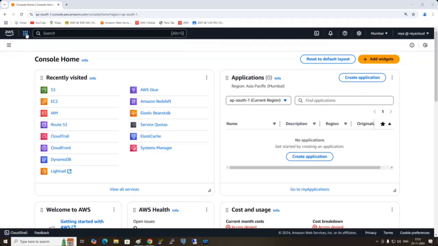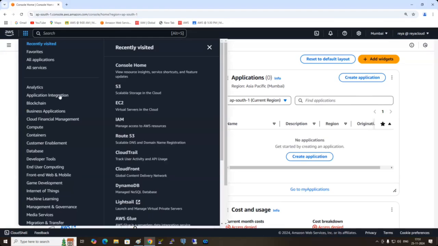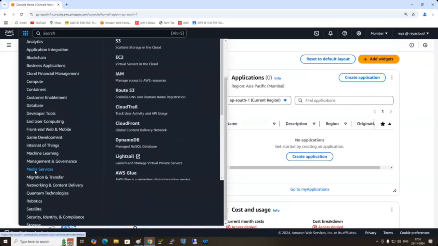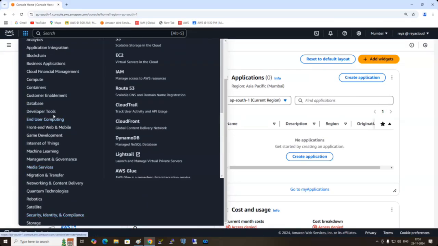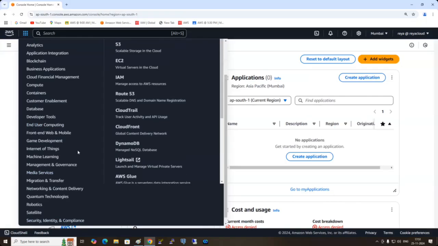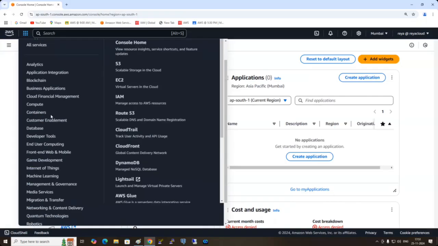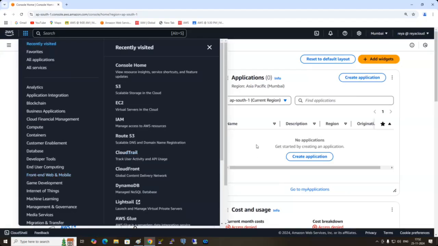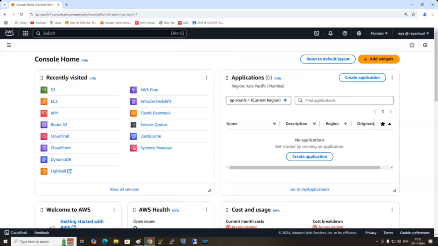Okay, so these are the services and these services are categorized. You see a lot of things got categorized. Previously, it was not there, these many things, right? But is it easy for you to go and find out which service is in which category? No, right? For that reason, do you see this here? We have a search box. Whichever service you know, you can go and search for it and go to that service. So as we have completed the overview,